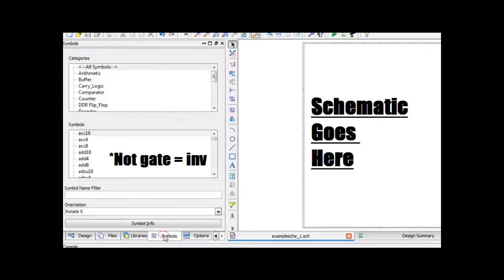Now this should come up. This process is the same as 10.1, and you can refer to Professor Elson's tutorials for that. Your schematic is on the big open blank area, and if you haven't yet, click on the symbol bar on the bottom to bring up the symbols. And just for your general information, the NOT gate is inverse, so type in INV if you want to find